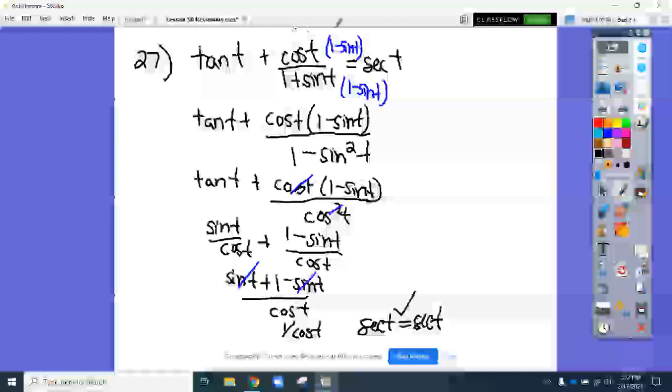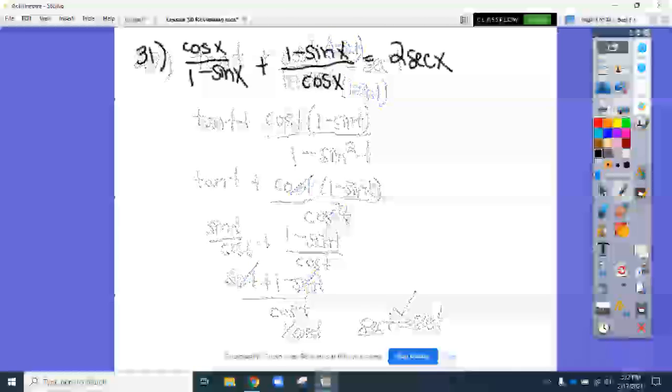All right, so that's a way that the conjugate can work out. Again, if you wanted to right away change tangent to sine over cosine and then just do our common denominator, that should work out as well. All right, next up is